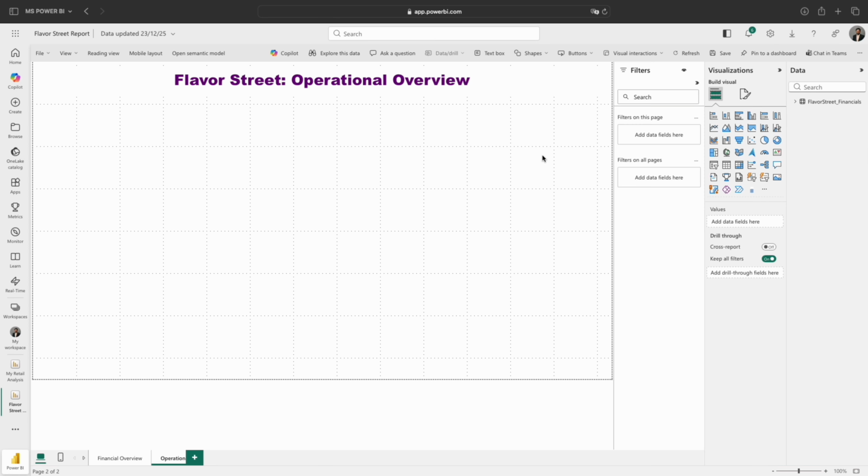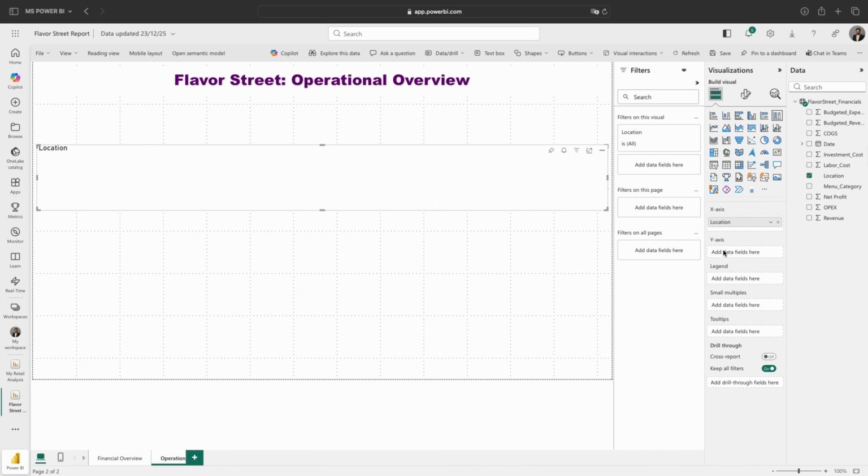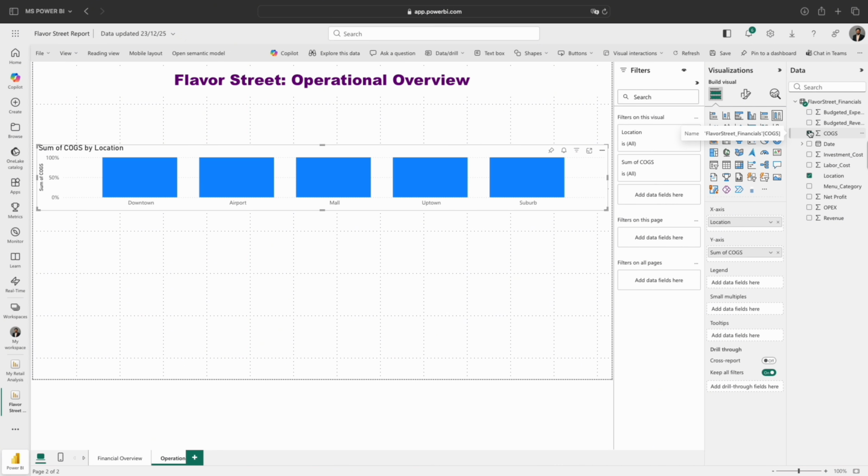Now I will start by adding the visual. So I will select this option, 100% stacked bar chart. Last time we used the other bar chart, but I think this will be perfect for this visual. And now I will add the data points, which will be a location and different kinds of cost, which are